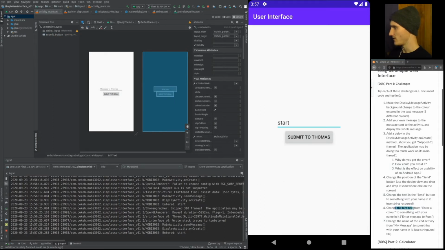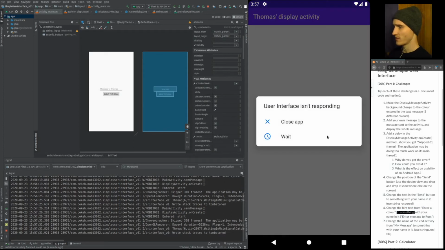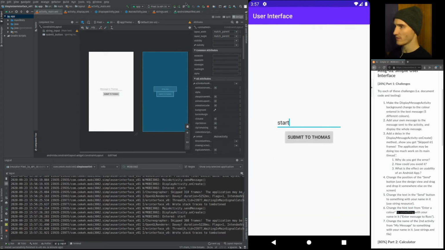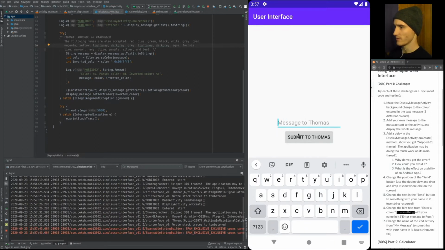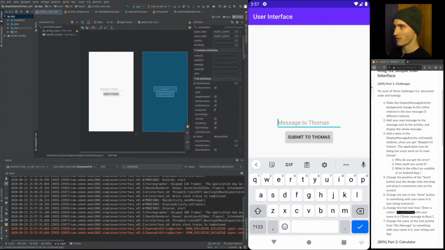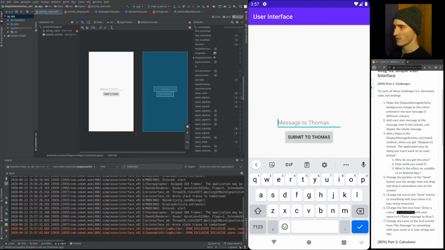Change the hint text from "enter a color" to something with your name in it. Oh, I accidentally clicked the button there. And if we just erase the start, we can see that the hint is "message to Thomas." If I go over to my activity main, we can scroll down and see